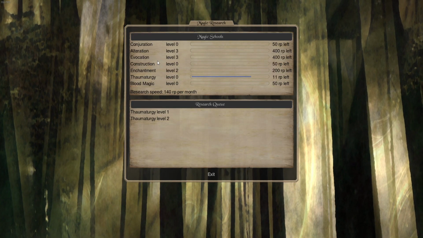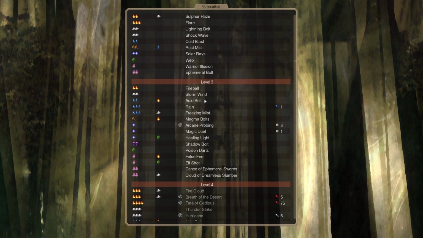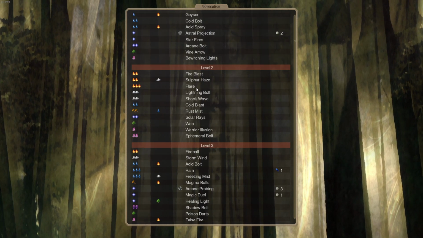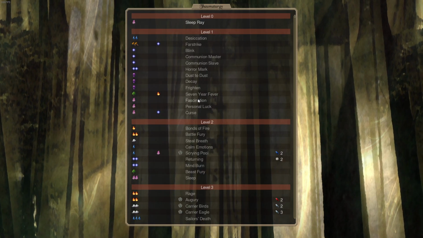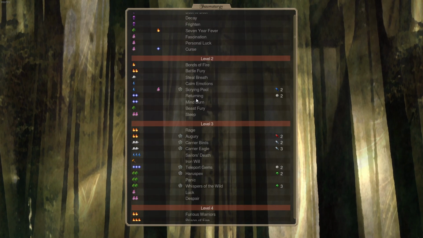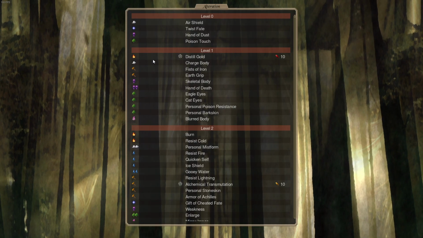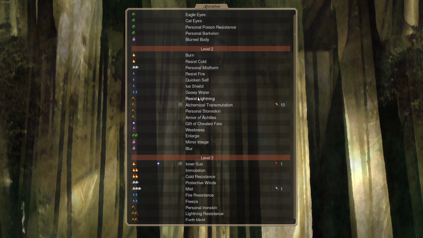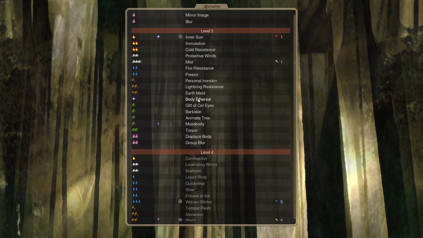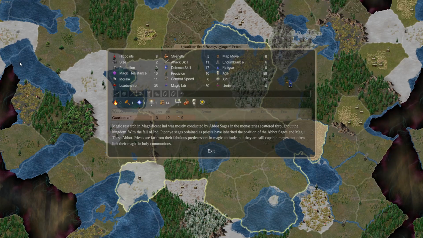Then I went evocation 3 for fireball. And then I'm going Thaumaturgy 2 for Mind Burn. And also, I went Alteration 3 as well for Body Ethereal. So, our mages and stuff like that, most of our units have pretty low